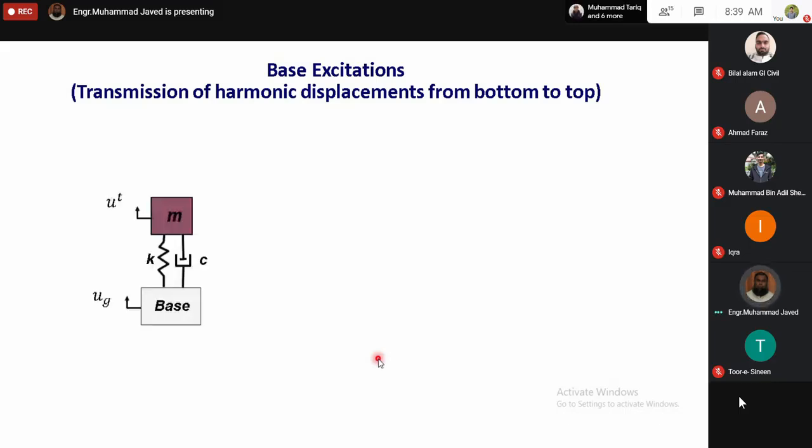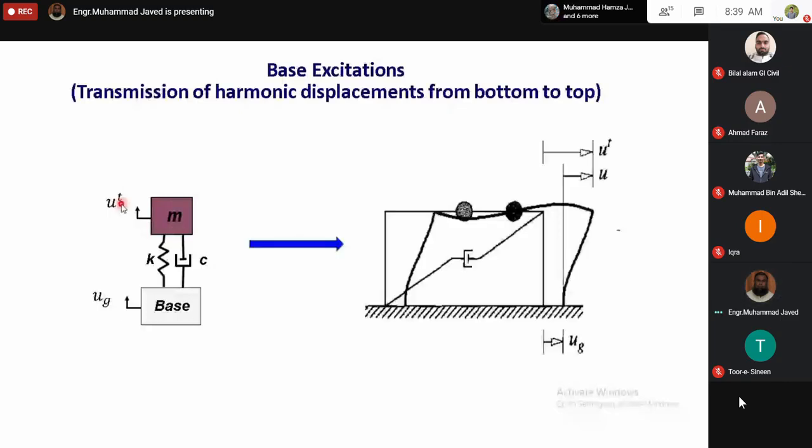So this is again a typical mass, spring and dashpot system. For example, its base is excited and the base moves in the upward direction by displacement ug. And due to this ug, mass at the top end is displaced by ut. Its example in case of a structure can be